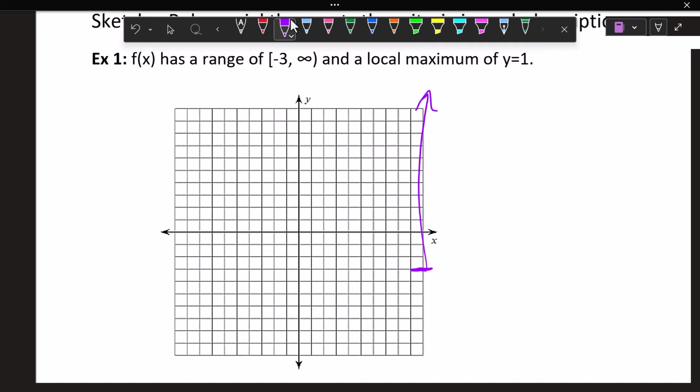And it has a local maximum of y equals 1. So that's a local maximum, means at some point it hits 1, but then it's going to keep going up because we don't have our full maximum, because this goes up forever because our range is to infinity. So as long as we have nothing lower than this line, and we have one point where it's y equals 1,